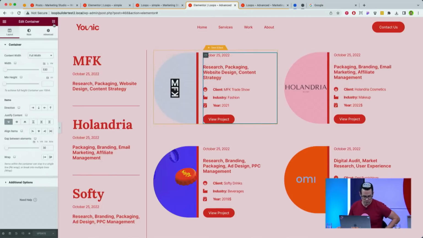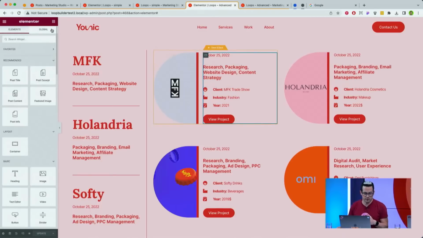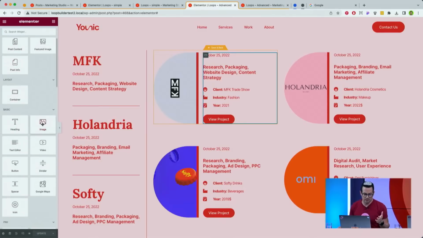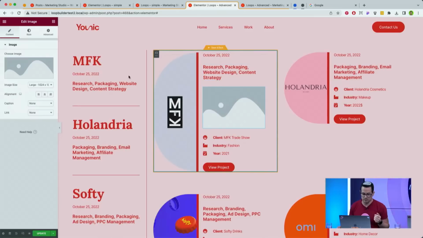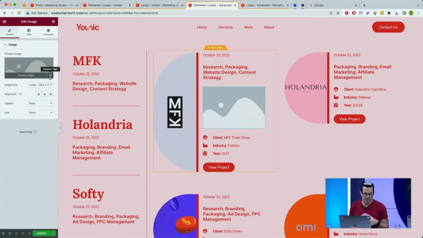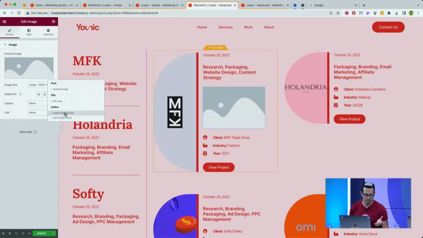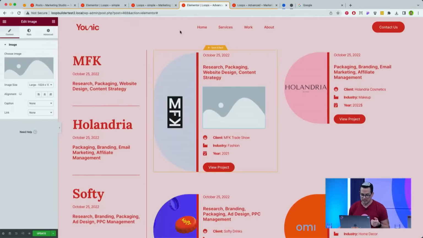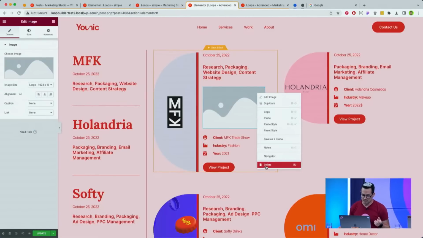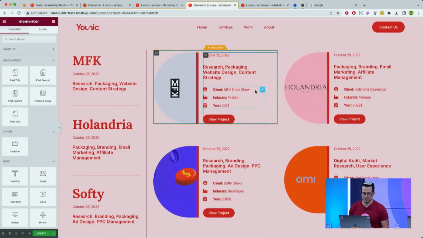So here, I just want to point out that I can use whatever widget I want, not just the recommended one. I can, again, drag an image, just for example. Everything that has the dynamic tag icon is usable. If it wasn't, I could put an author profile picture, for example, if I wanted to. Oh, sorry about that. Let's delete that. But the really neat thing, I think, is